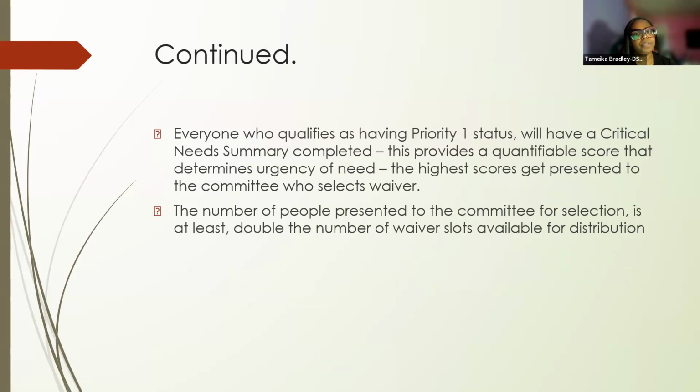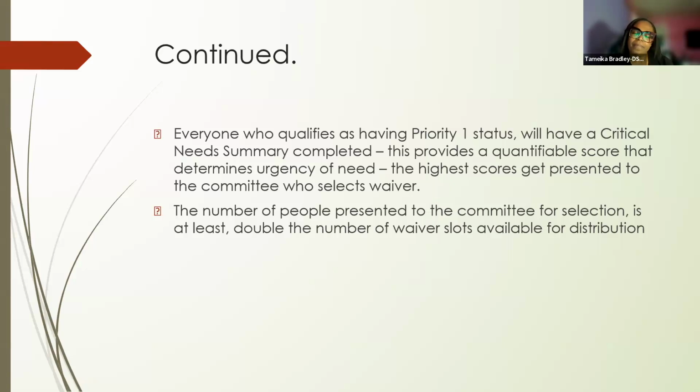Everyone who qualifies as a priority 1 status will have a critical needs summary completed. This provides a quantifiable score that determines urgency of need. The highest scores get presented to the committee who selects waivers. The number of people presented to the committee for selection is at least double the number of waiver slots for